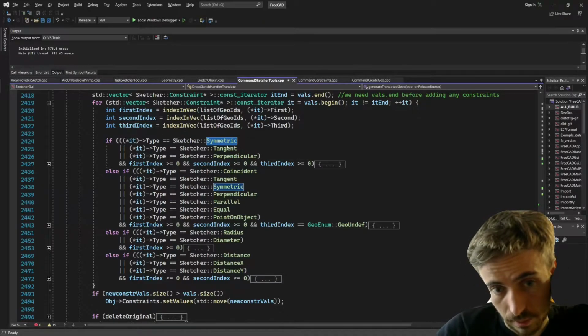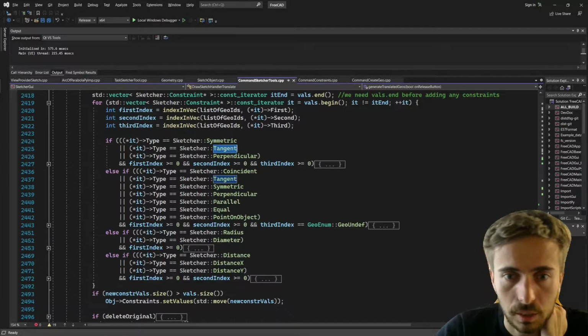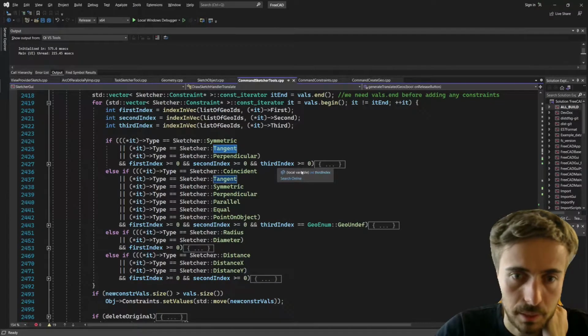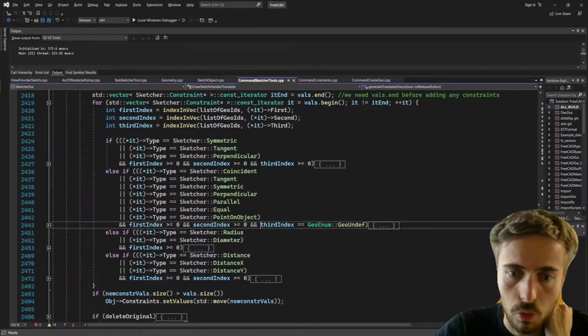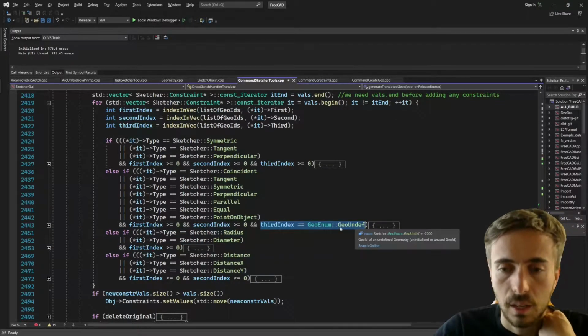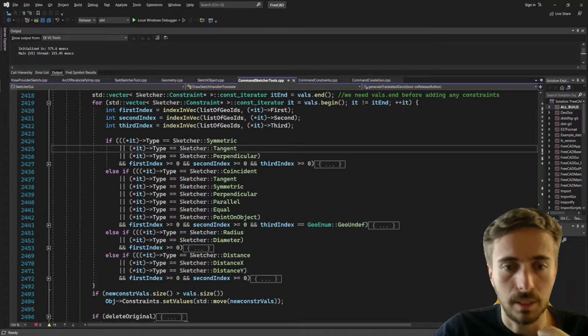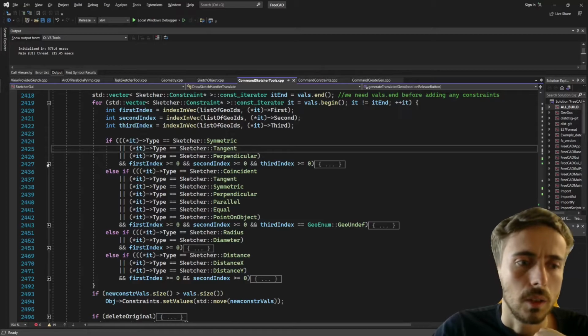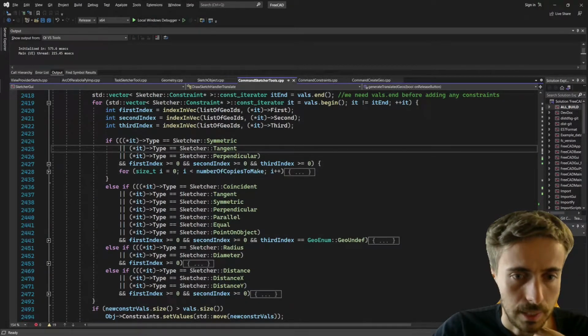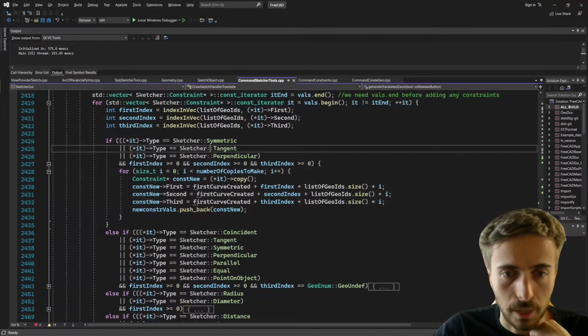So you see, for example, tangent can have 3 parameters or 2 parameters, and the third one in this case is geo undefined. So that's why it's separated. So let's have a look. You see here we have a for loop which will create all the